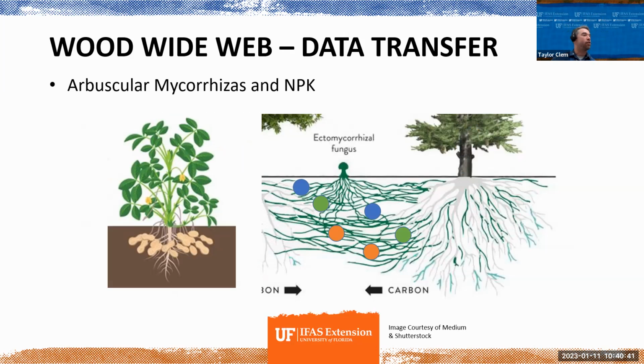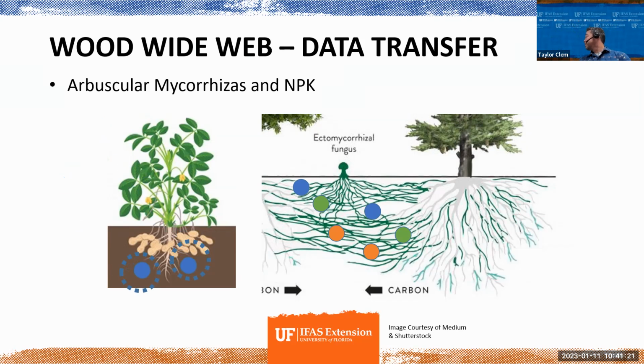So imagine we had an agriculture field. It's next to a tree line, and we're growing something like peanuts, which we grow a lot of in Florida, if you didn't know. Not in Nassau County, but the Suwannee River Valley, we're peanut growers. But imagine that you had an arbuscular mycorrhizal connection between a natural area and your ag field, in this hypothetical, peanuts. What's really cool is that peanuts are a nitrogen-fixing plant. So it has the ability to grab nitrogen from the atmosphere, bring it down to the root system, so then the peanut can have it.